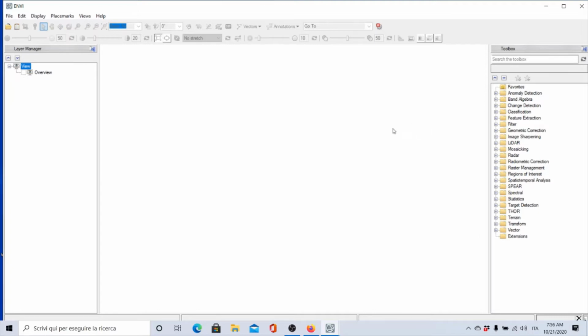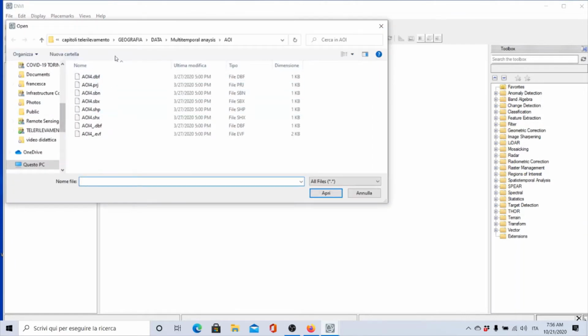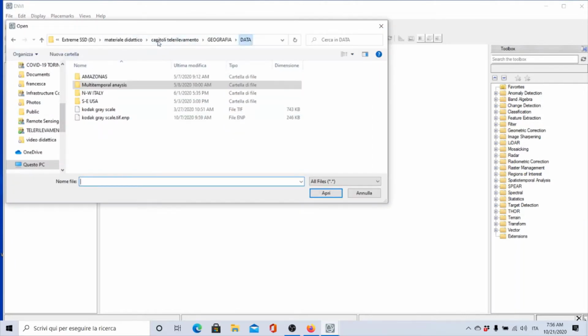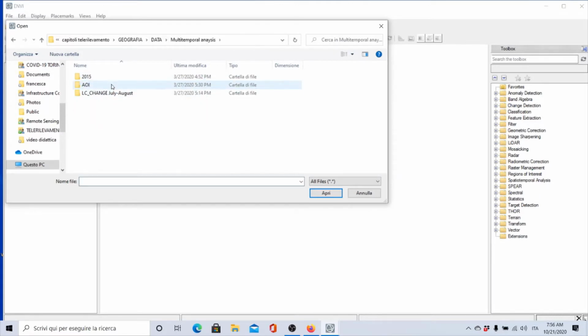In order to approach this problem, we need a bunch of data, and these data are on your portal, in the Dropbox folder. Let's see where these data are. We can open it just with the open icon here. The directory that I added in your Dropbox is called Multitemporal Analysis, and in this folder we have three different